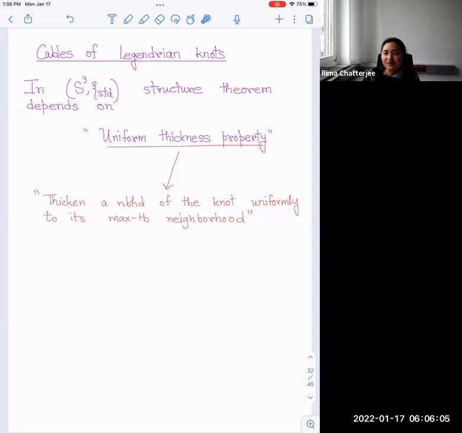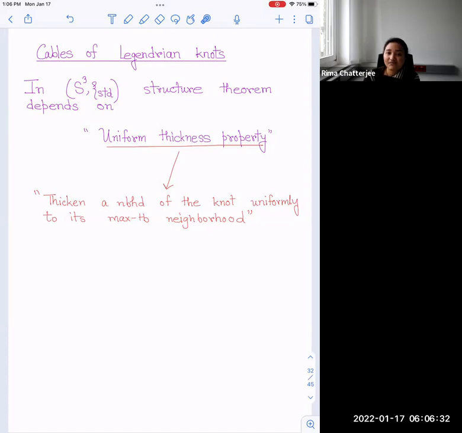The problem with this property is that not every knot satisfies the uniform thickness property. In fact, there are a lot of knots which do not satisfy it. And the first example you must be thinking of right now is the unknot. The unknot actually does not satisfy the uniform thickness property. So though we know that the unknot is Legendrian simple,